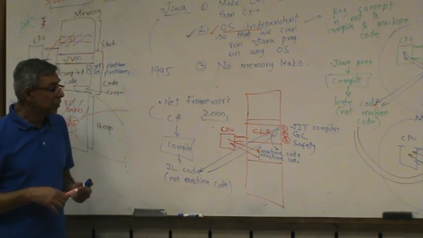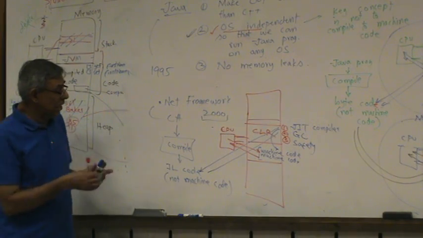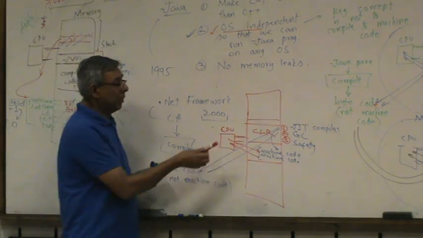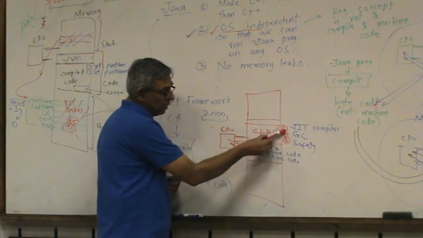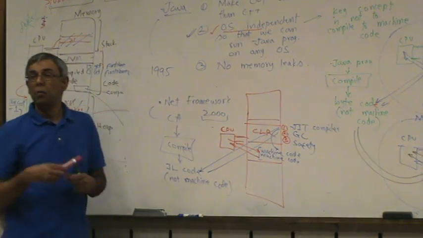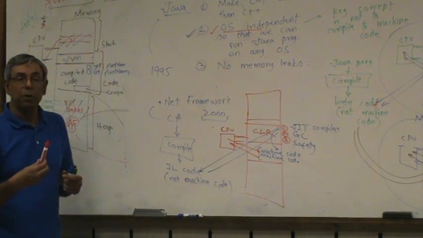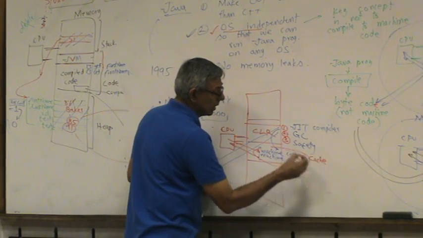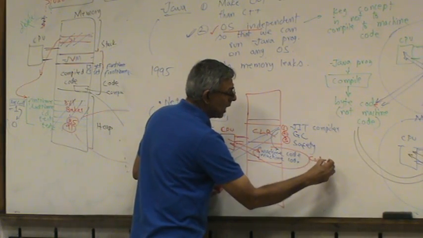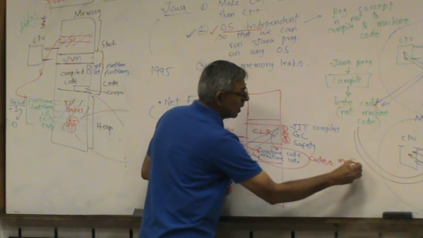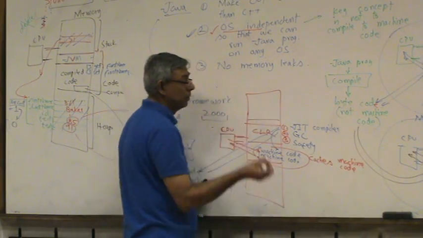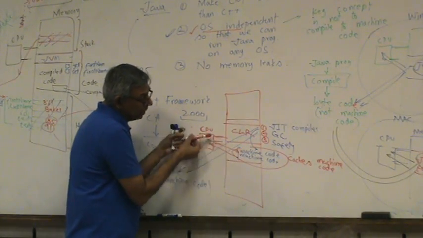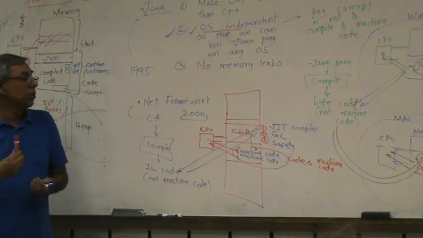As you can see, the very first time we run a C# program, it will be slow. Why? Because it's not only reading the IL code, it's converting it to machine code. But once we have run the program, it will cache this, meaning it will store the machine code in the CLR. So if you run it again, it will directly execute the machine code, so it will run at almost the speed of